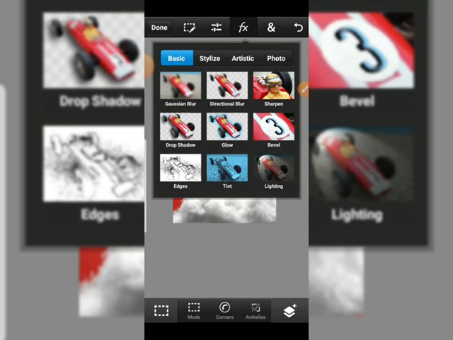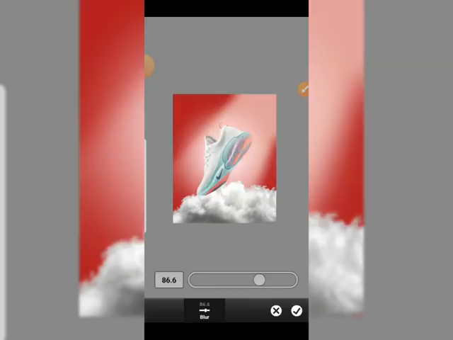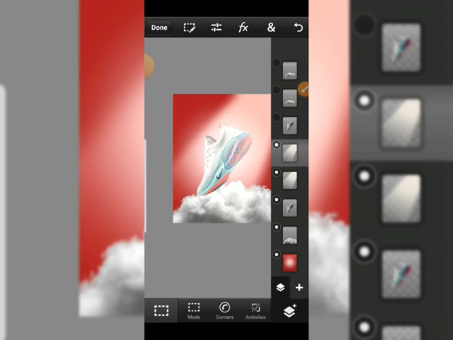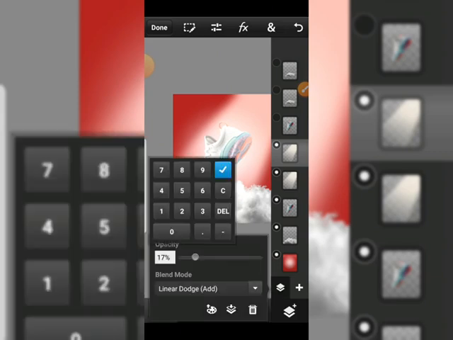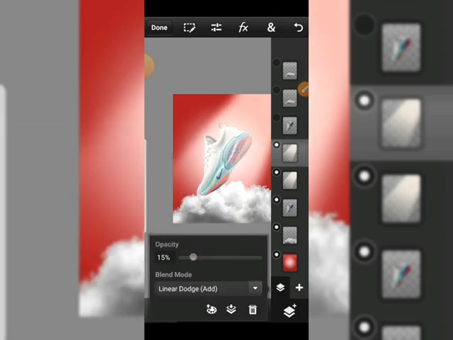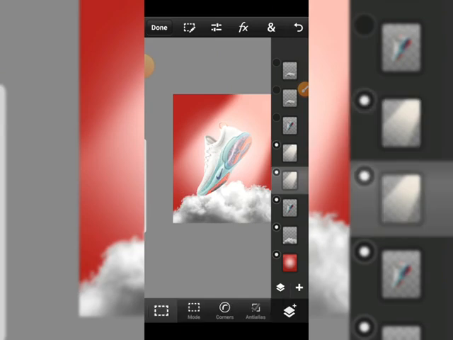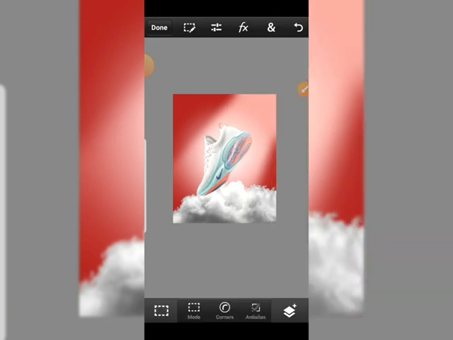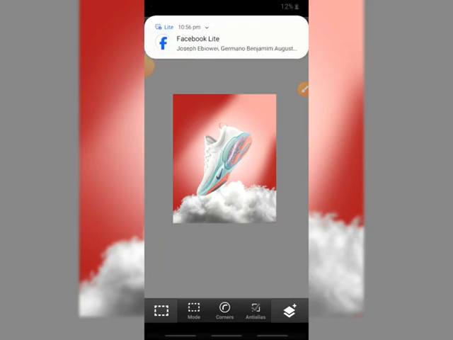Now we can add a little blur on this. But instead, I'll just reduce the opacity. Great. Now this right here is looking very, very nice, as you can see. Now to add in our subject,